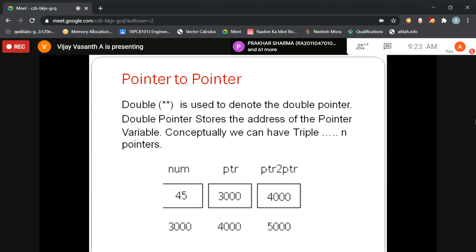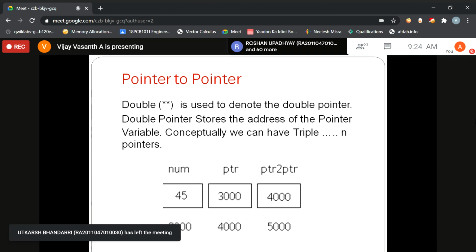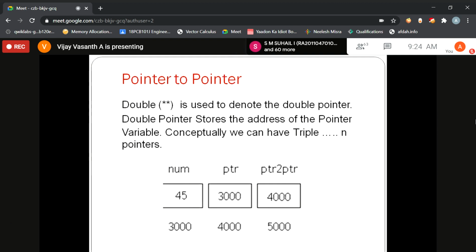It is represented as a group of two asterisk symbols, a group of two unary operators. Don't use the word star, because we will be going only for unary operator. So the structure of the double pointer is represented by two unary operators.